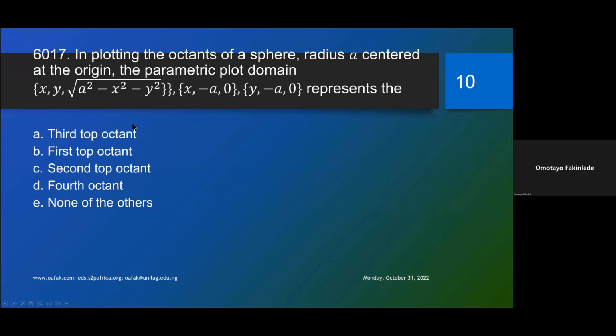0 to 90 is the 1st octant, 90 to 180 is the 2nd octant, 180 to 270 the 3rd octant, and 270 back to 360 is the 4th octant. So if you do it that way, even though we represent angles from 0 to pi over 2, pi over 2 to pi, pi to 3 pi over 2, and 3 pi over 2 to 2 pi, that is the same thing. So those are the octants, and there are 4 on top,